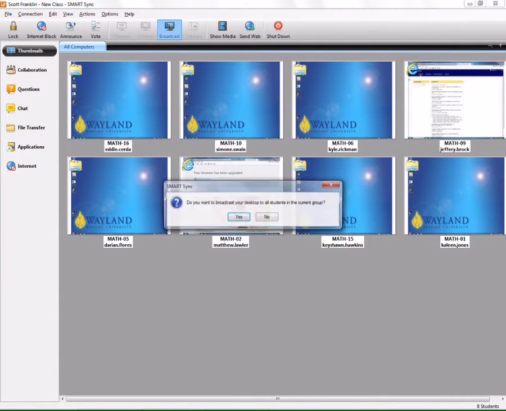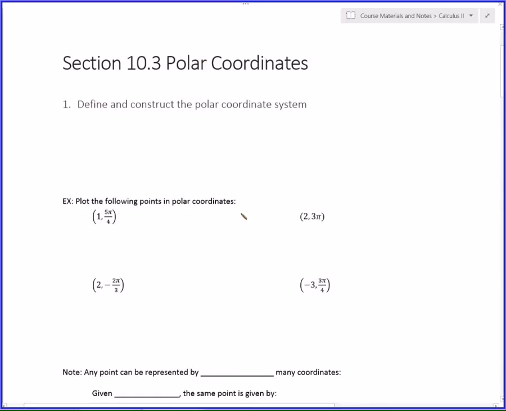So in 10.3, we are looking at the polar coordinate system. And when I say coordinate system, basically what I'm doing is I'm replacing the way that we assign the location of points. Instead of using an x and a y, like in the rectangular coordinate system, if there's a point out here, we project that point orthogonally or in a perpendicular way down to one axis and assign to that